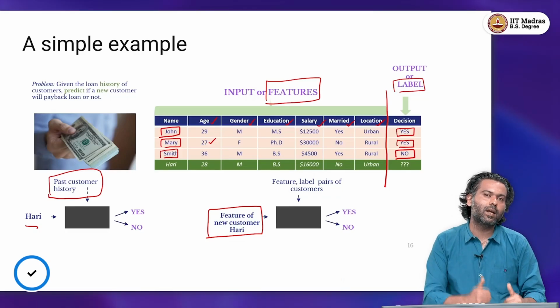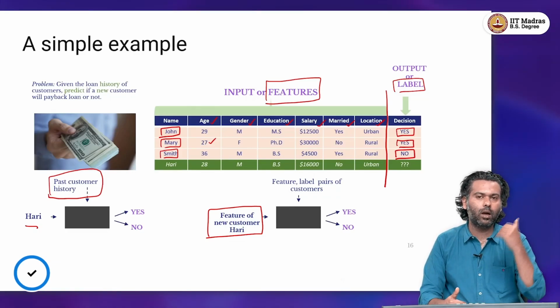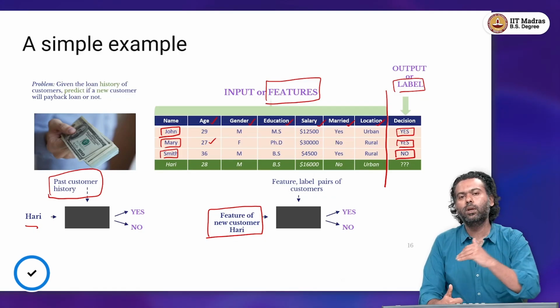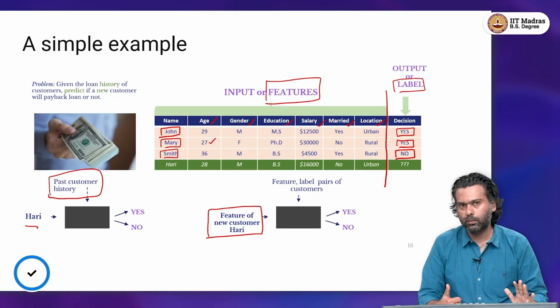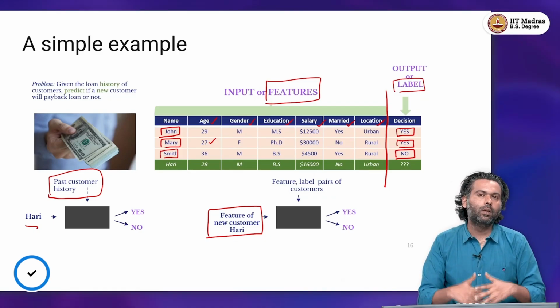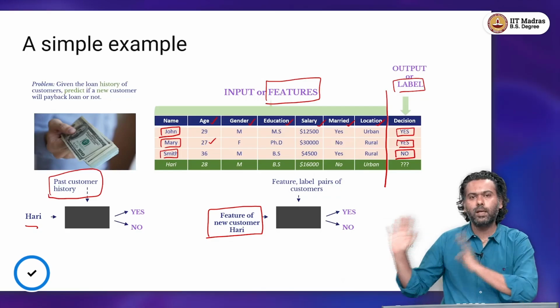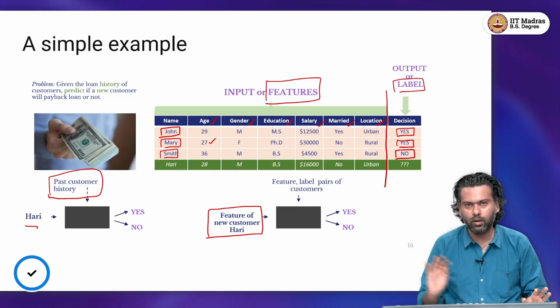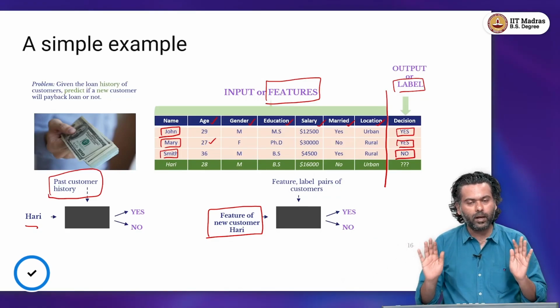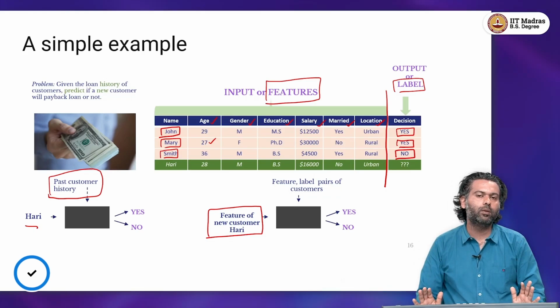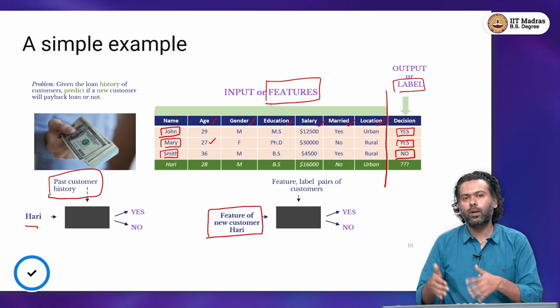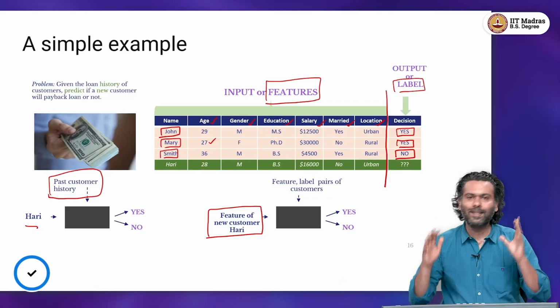And then I can ask the question, using the learned way to map input to output, whether Hari gets the loan or not. So, how exactly can we hypothesize mapping input to output? We will see that in the next lecture. Right now, I just want to show that this is a much more real world example where exactly the same